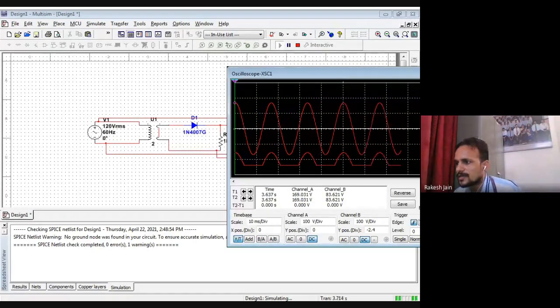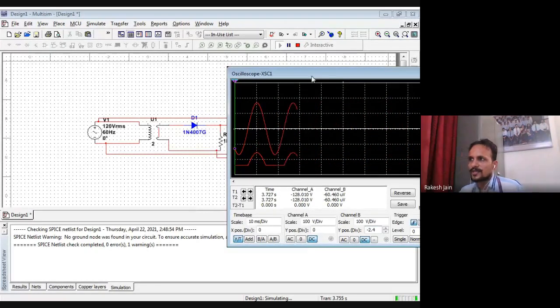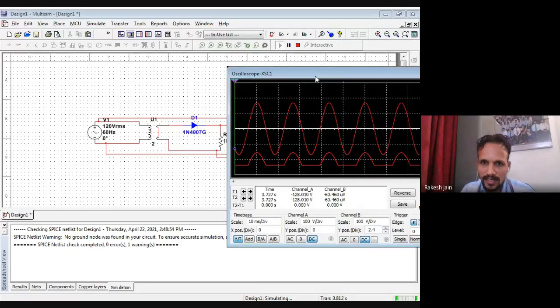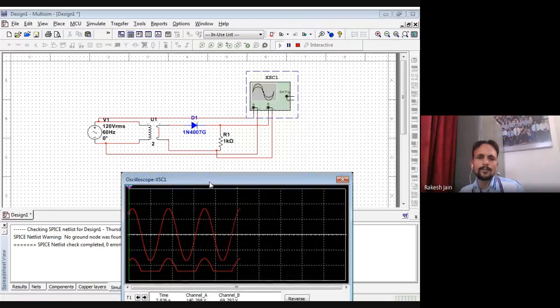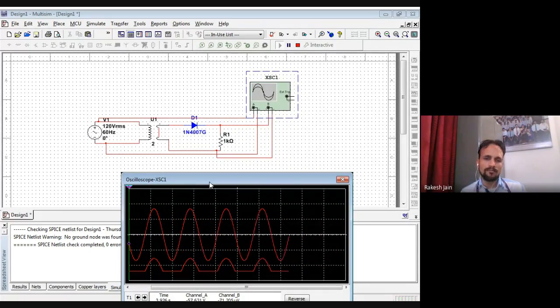Both are as it is, which I studied. We just saw that both are as it is, and this is the completion of our practical, the half wave rectifier. How to perform the half wave rectifier.